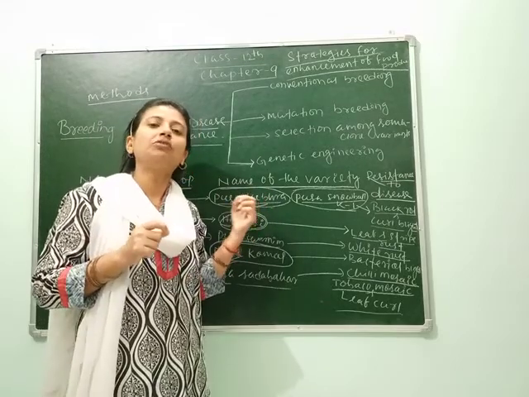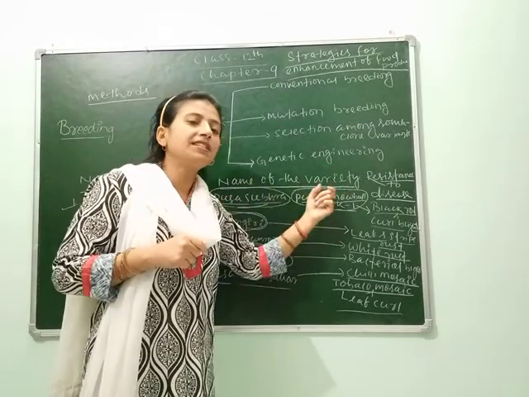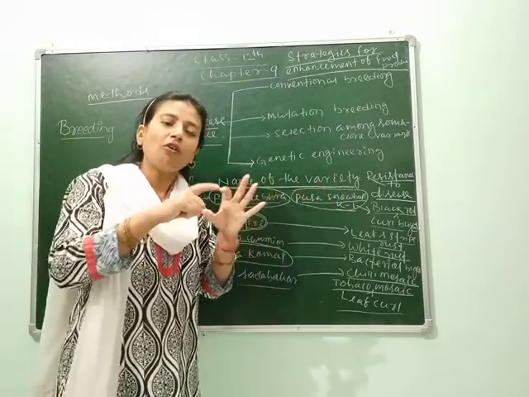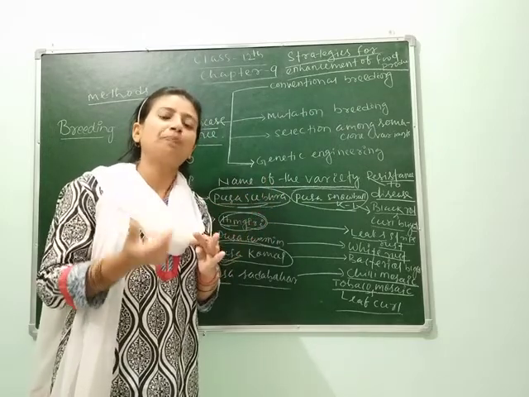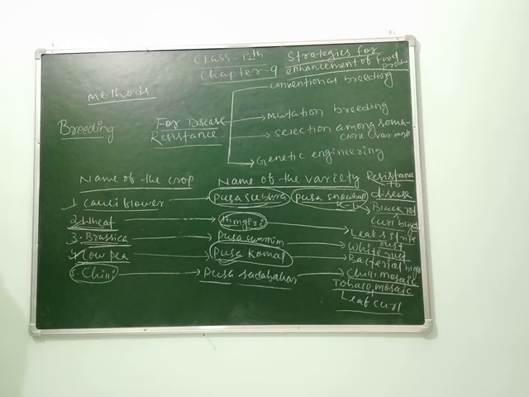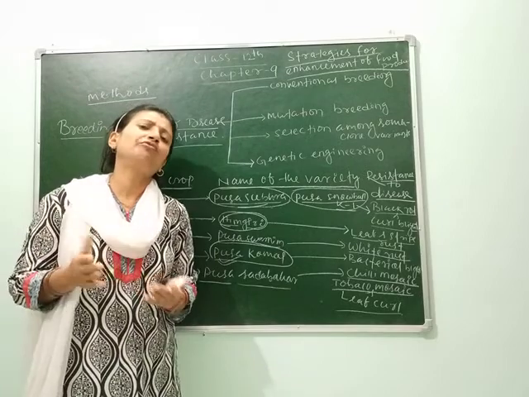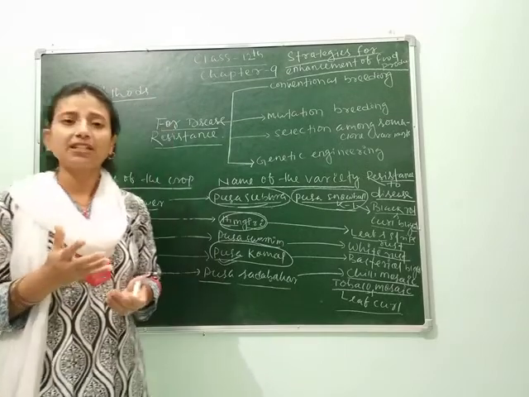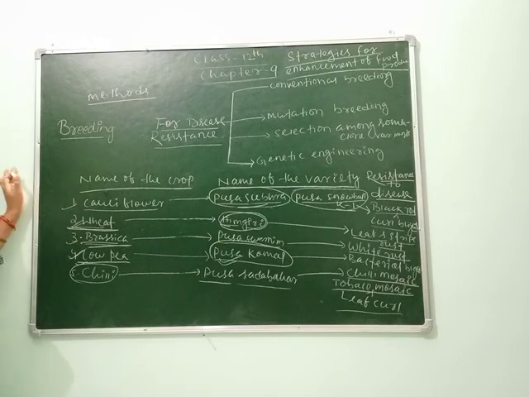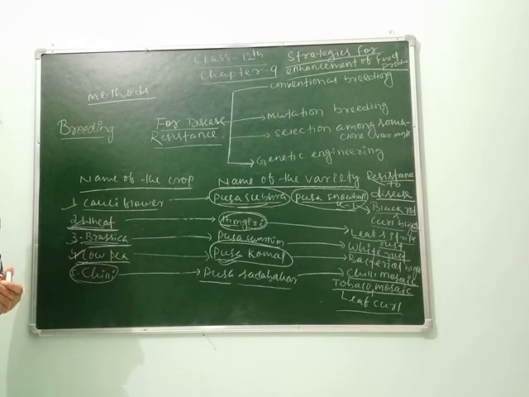So once you have to understand which is the crop, what is its variety, and to which disease it has resistance. So all the tables, whether it is resistant to pest or resistant to disease, you have to remember, and you also have to remember their names. Suppose, for example, some crop varieties have some characters due to which the disease causing factors are not found. We can take the example of cotton. Cotton has hairy leaves, due to which some pests and insects are unable to attack it.